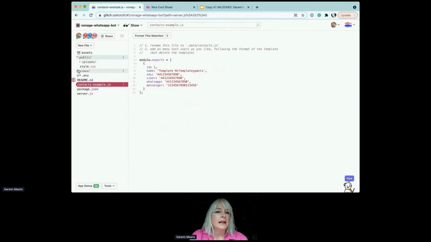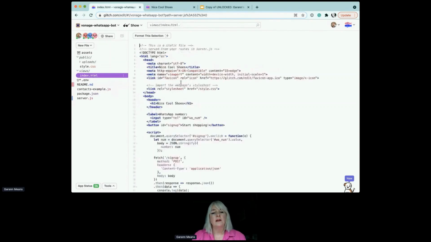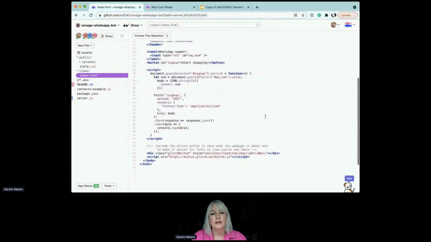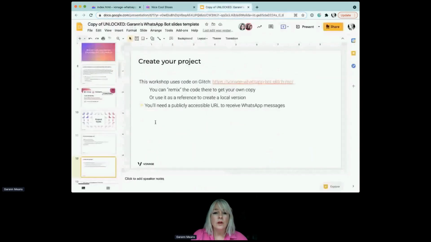There's also an index.html file in here that is just hosting a single form, and that will just take a phone number and basically allow someone to opt into our service. So you can remix the code if you want to just get a copy of that, or you can just use what's on Glitch to check yourself as you're going through it,